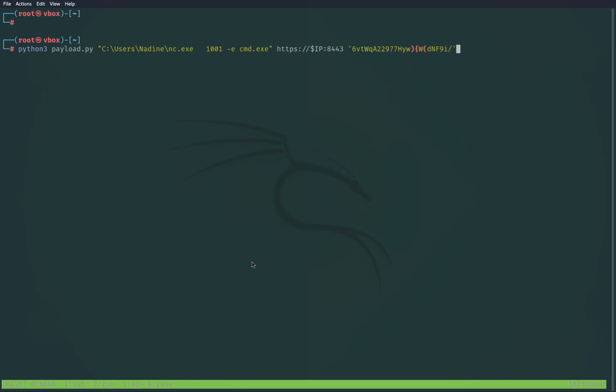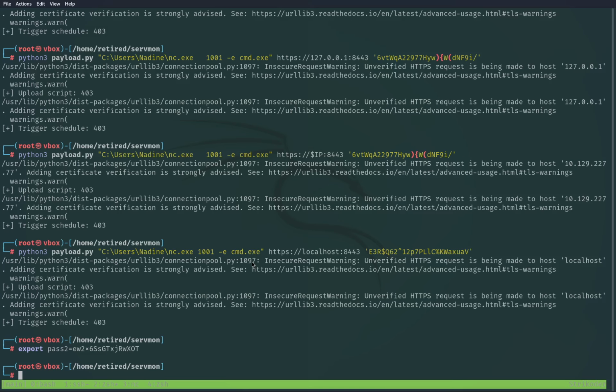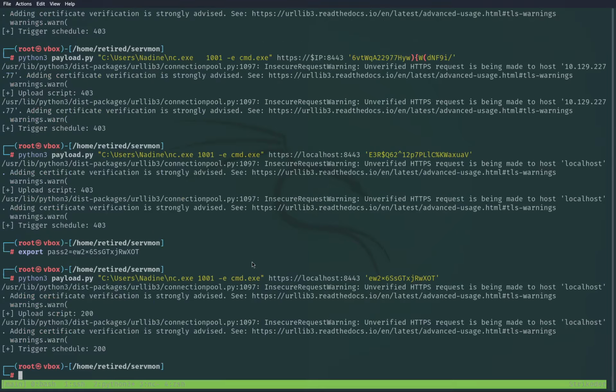So now if I type echo pass2, nah, okay, so export pass2 equals this, and now I have that. I'm gonna try that over here. So that's some stuff that you might have on OSCP because you are so under stress, and the time limit makes you a little bit anxious. And here we see 200,